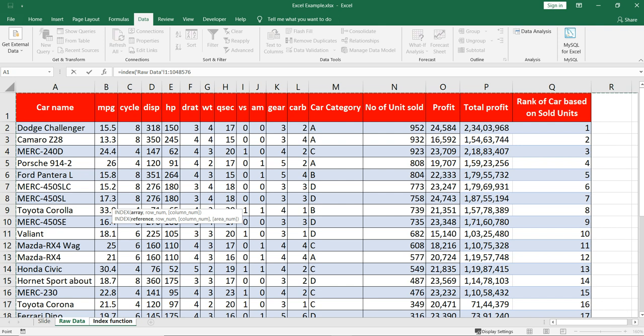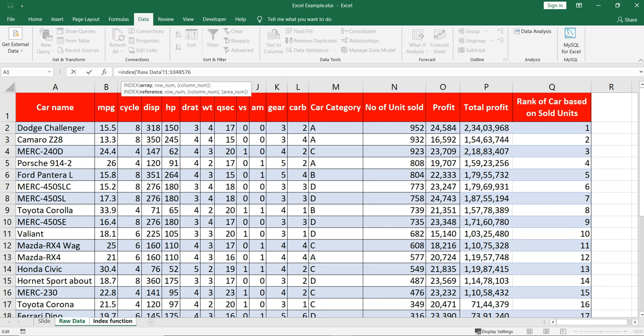So for example, going forward, if you need to insert a few columns between H and K, then in your formula you have already covered the entire range, so you don't need to increase the range within your formula, and your formula will work in the way it was supposed to. So we have selected the array, which is the table.